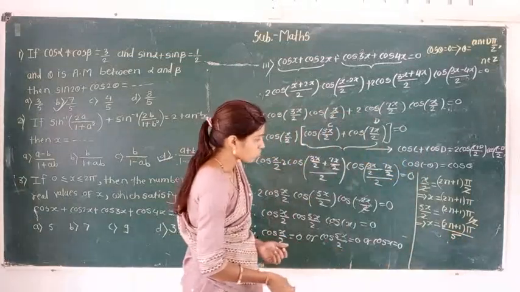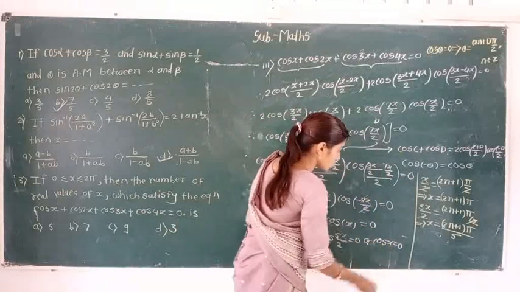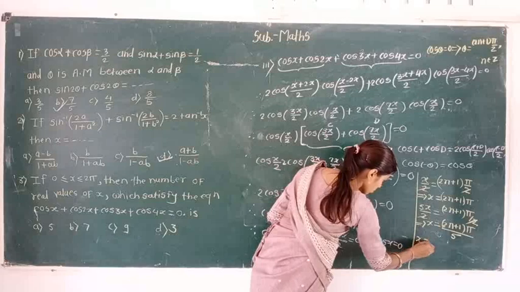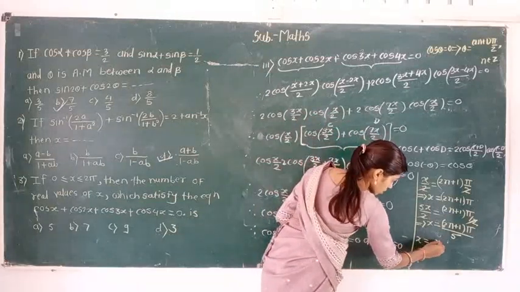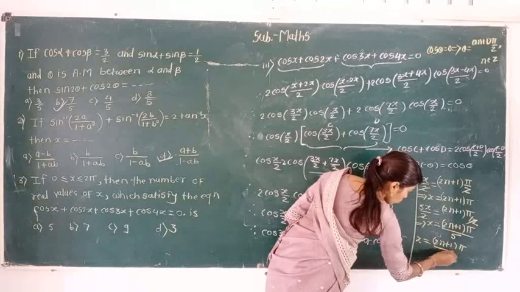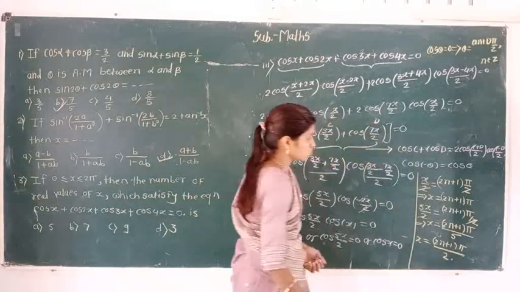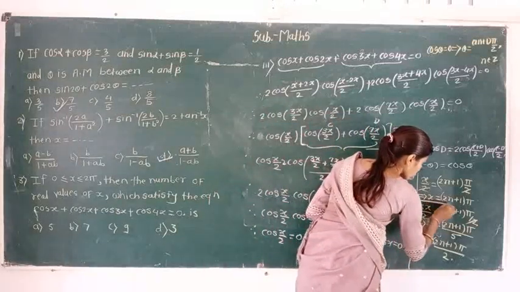And also use this result for the third: theta is replaced by x, so x = (2n+1)π/2. So using all these three solutions,